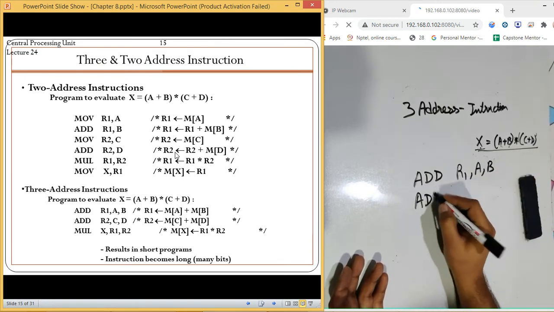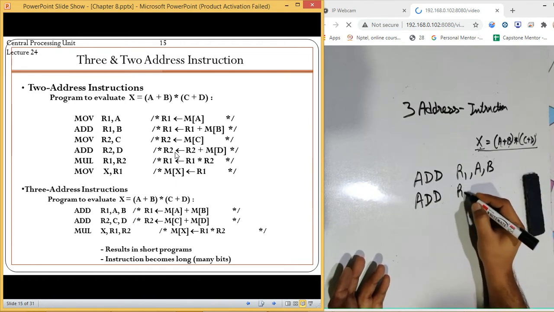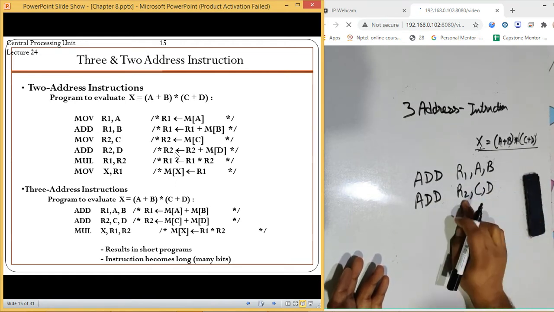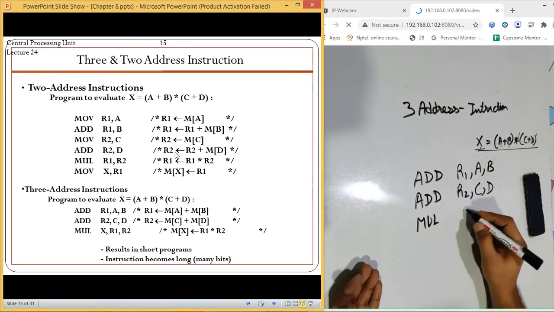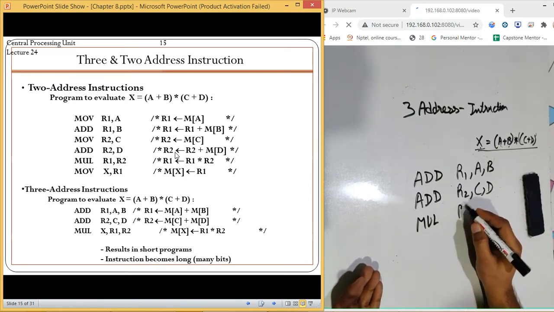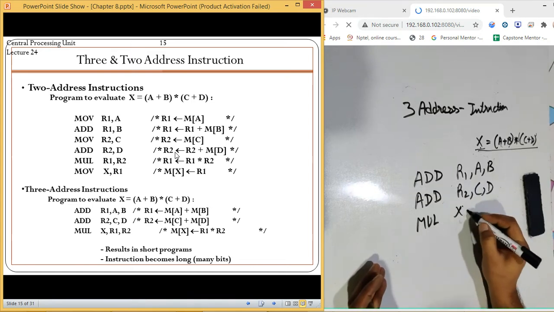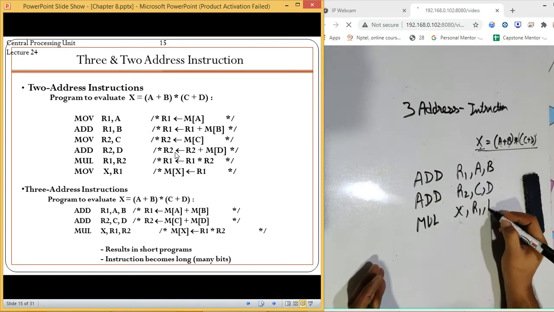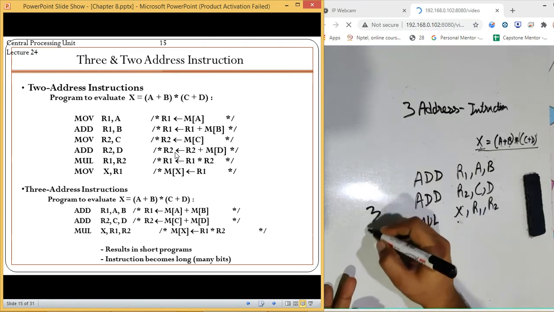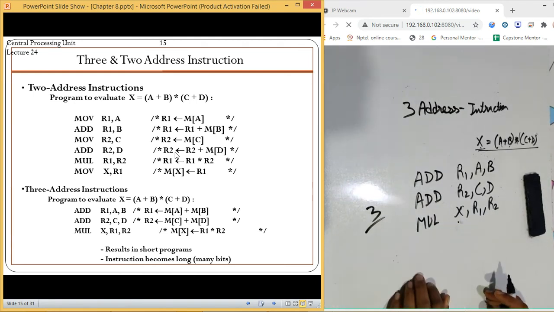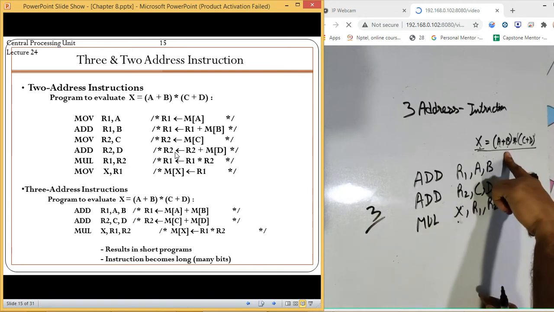Then add the value of C and D and store it in R2. Once it is done, then multiply the value of R1 and R2 and store the value at X. So now just in 3 lines of code, we are able to execute the same instruction.